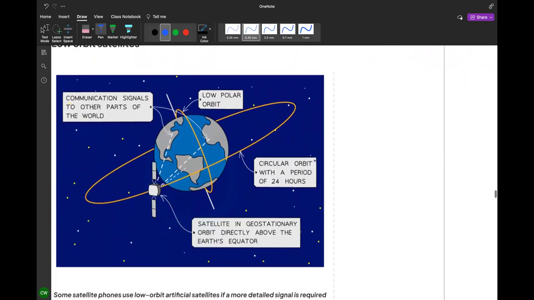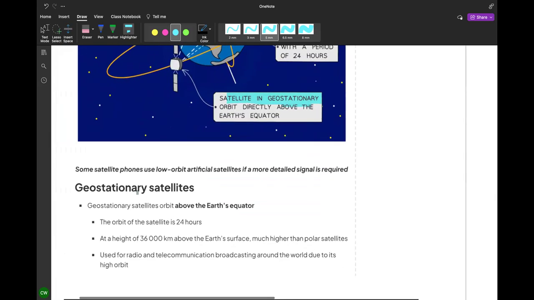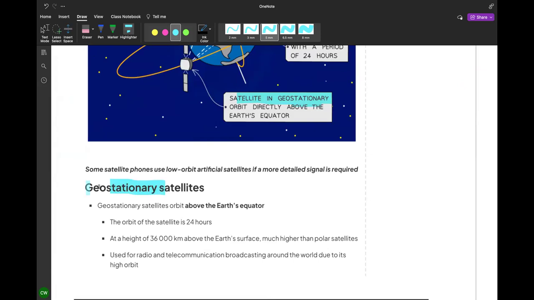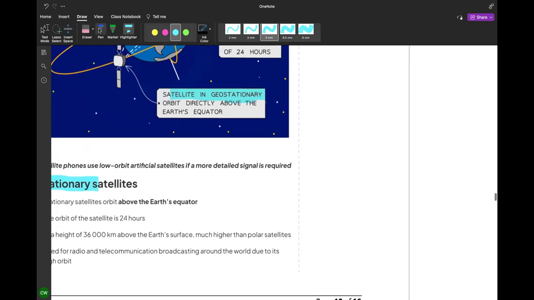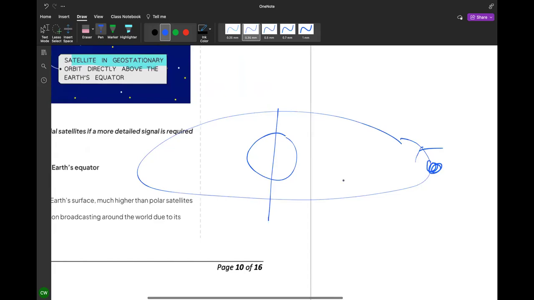Okay, the other one is the geostationary satellite. Geostationary satellite. Stationary, what does it mean? Geo means geography. That means they're at a fixed position. How do you make it a fixed position? Okay, this is Earth. This is the geostationary satellite. Geostationary satellite. It is about